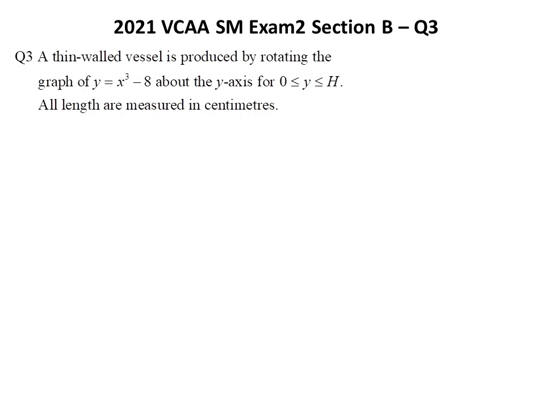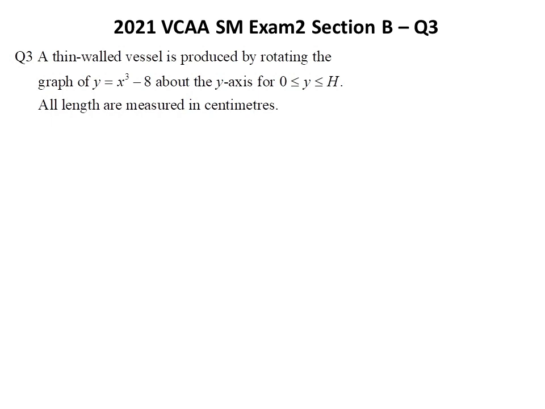Welcome to this VCAA Specialist Maths exam paper series. This is section B of 2021 exam 2 paper. There are a total of 6 extended response questions in section B. In this video, we will present the third extended response question, which states that a thin water vessel is produced